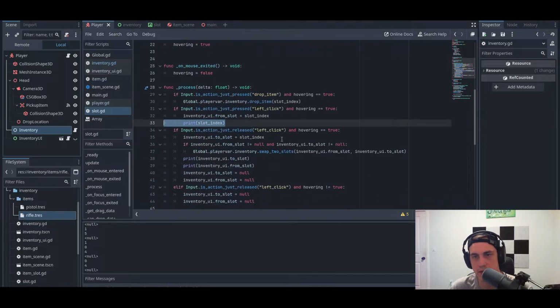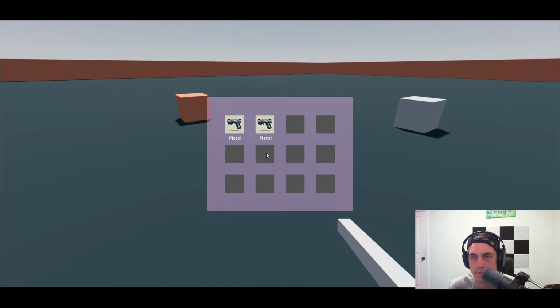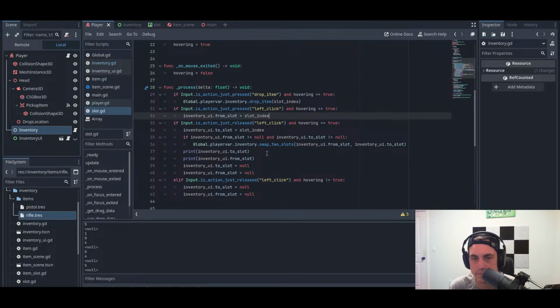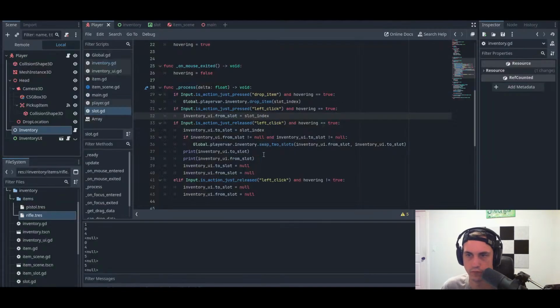Oh, this is printing slot index. 5 null. So the two slot